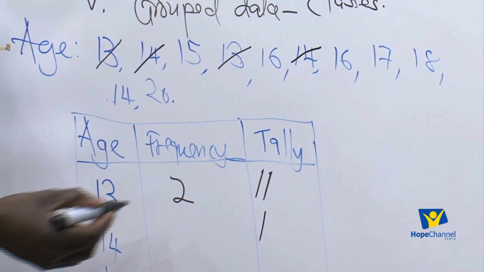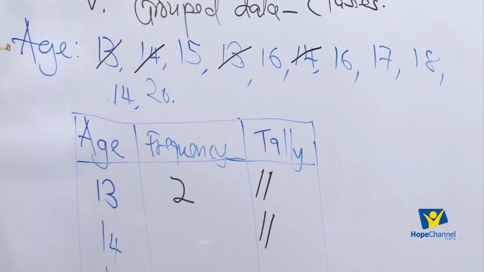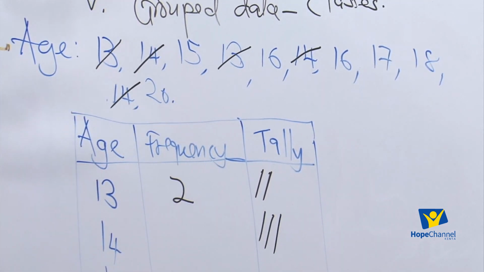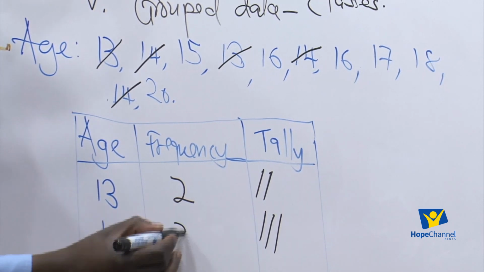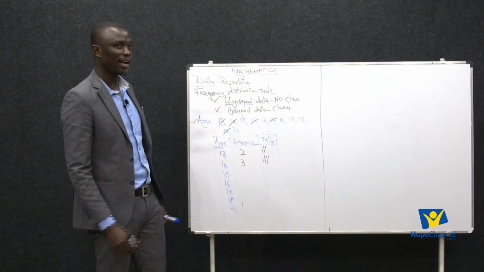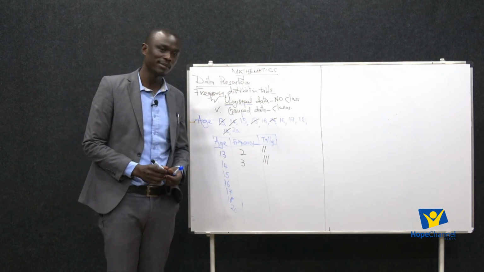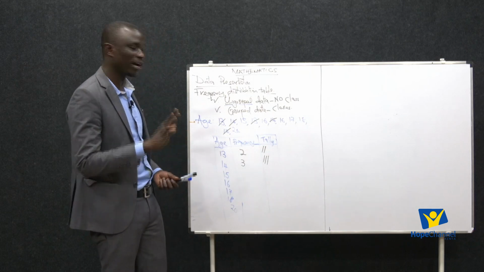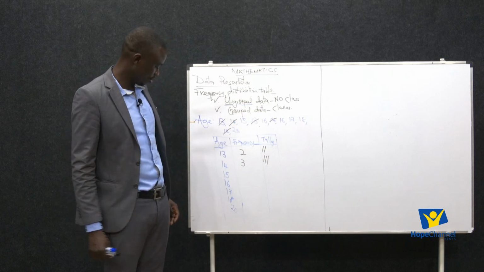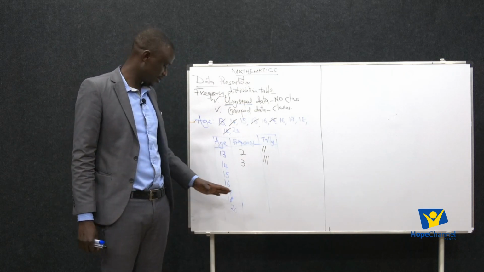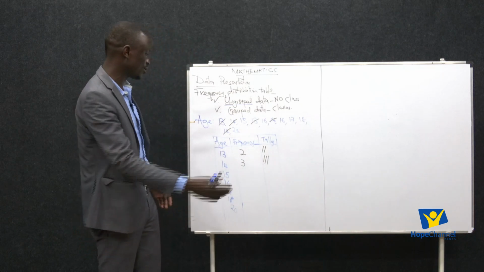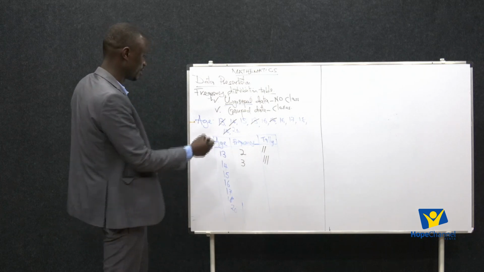2, we put that tally there. 3, another one here. So meaning that the total number of 14 are how many? Are 3. Are we together? I hope we are following very well, and maybe you can complete the table. I know some of you are even into number 20. My class is always a very active class, so some of them are now here. But let's continue. Let's just complete for the sake of the rest.